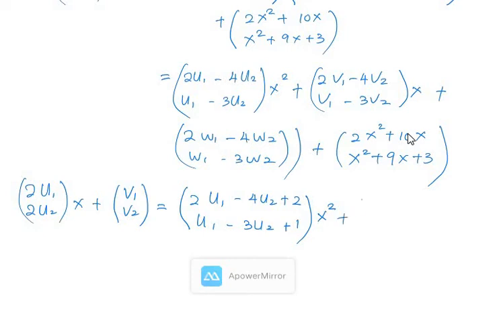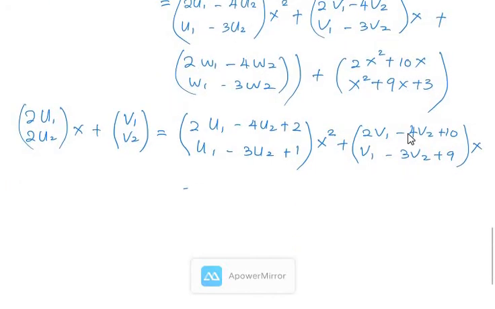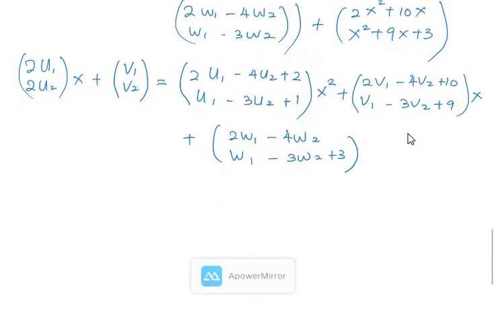So I have plus 2v1 minus 4v2 plus 10, v1 minus 3v2 plus 9. This is for the x. And then for the x power 0, I have 2w1 minus 4w2, w1 minus 3w2 plus 3. So now I can, by equating the coefficient,